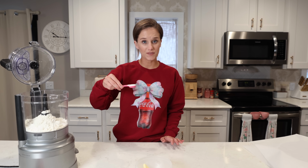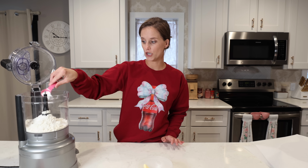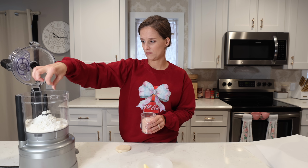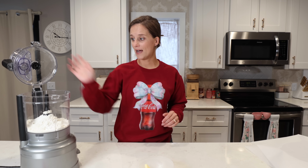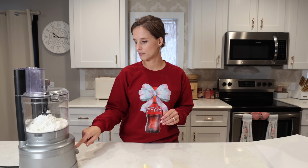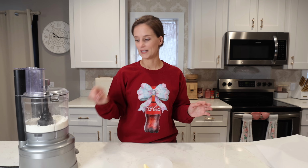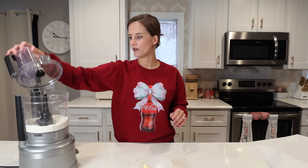We need half of a tablespoon of baking powder. Lastly, a pinch of salt. Okay, I'm going to close this, let it mix up just for a second. There we go. That's all I needed. All right, now